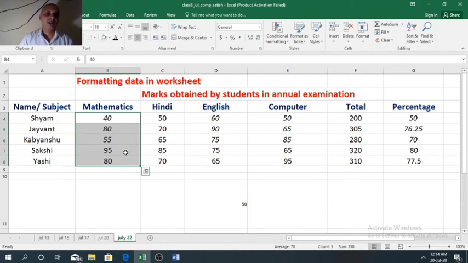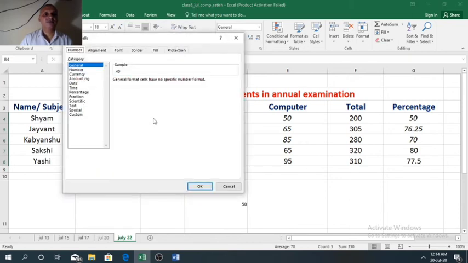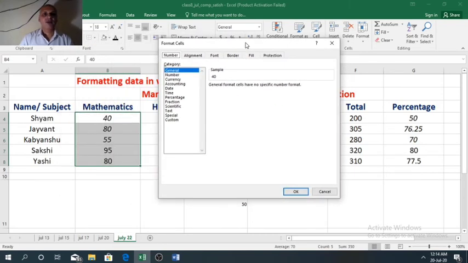Now second method of doing the same thing is we can select the data and right click. Now select format cell option from the shortcut menu. Format cell dialog box will appear.